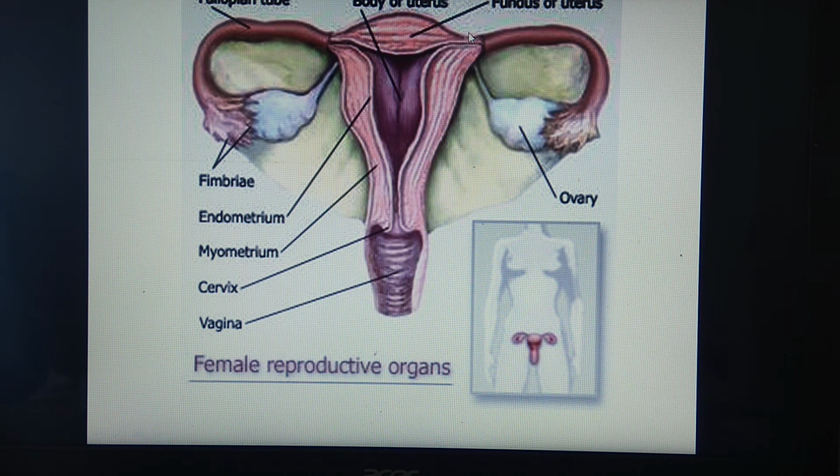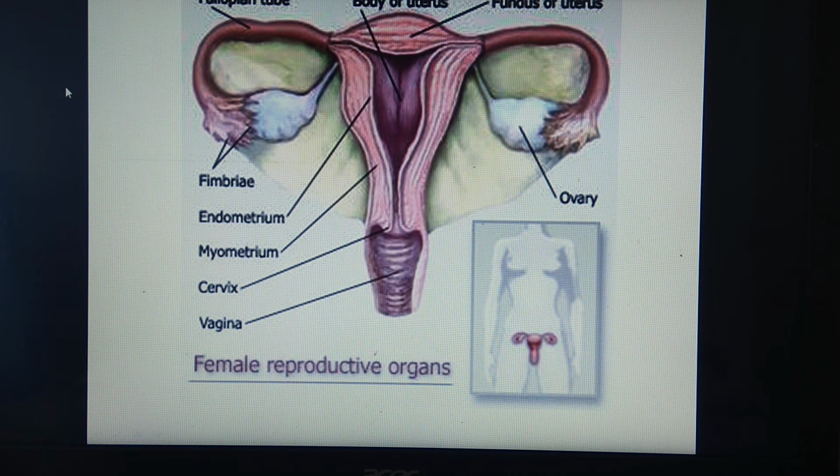What is the clitoris? It is a small conical sensitive projection lying at the anterior end of the labia minora. Remember that it is homologous to the penis in males, and it consists of a pair of erectile tissues called corpora cavernosa. We have studied that corpora cavernosa is found in males inside the penis, and hence it becomes homologous to the penis. What do you mean by the word homologous? Homologous structures are those which are structurally similar and functionally dissimilar.